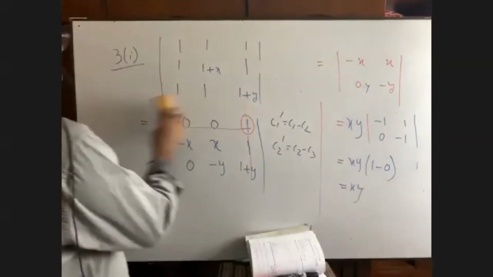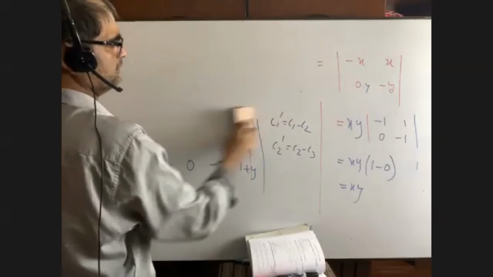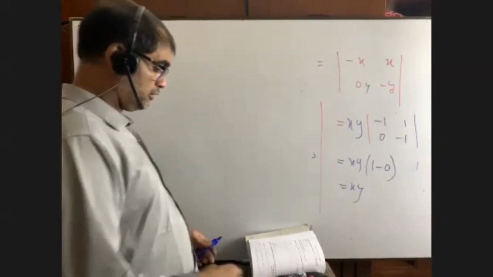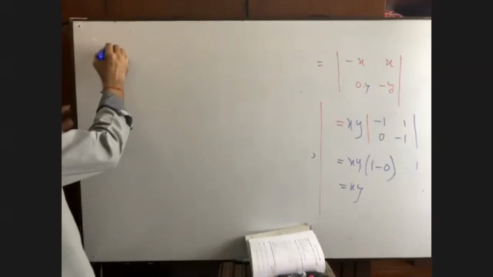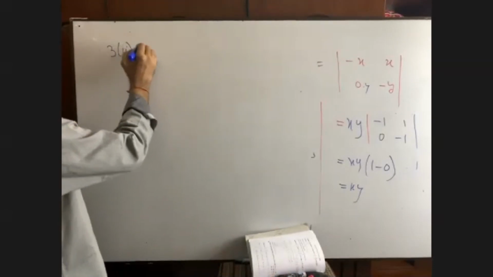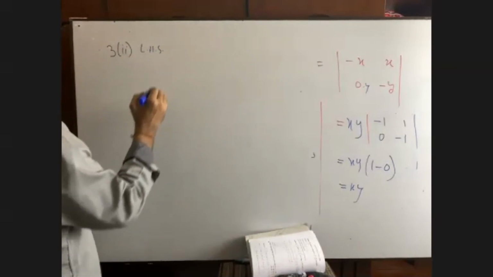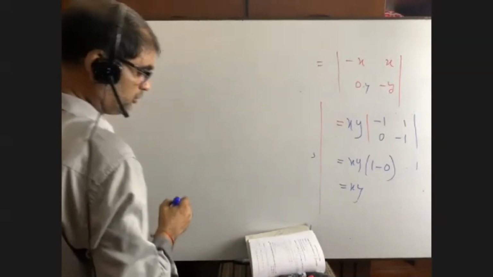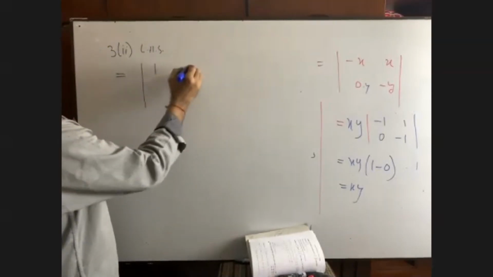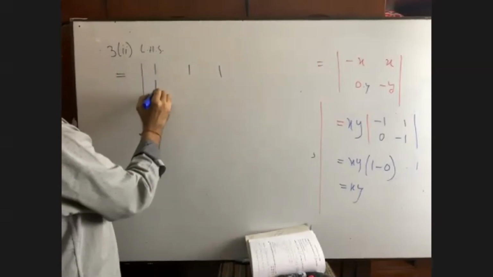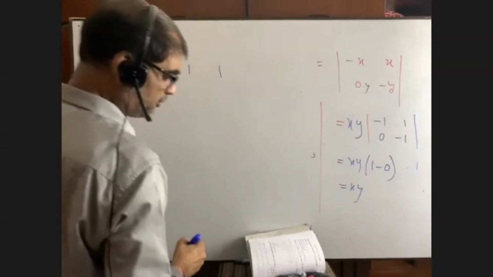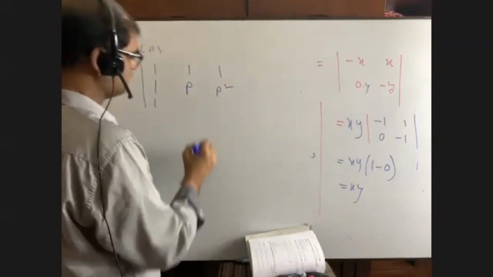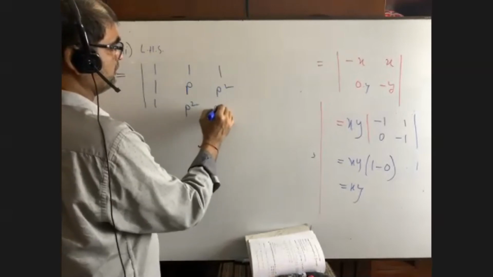Very interesting math. Now, the most important math of this exercise is going to be done by me. 3, 2. Write down the most important math. Left hand side is equal to 1, 1, 1 in the same way, 1, 1, 1, 1, 1. Very easy and simple math, but the most important math. It is p square, and it is p square, it is p to the power 4.